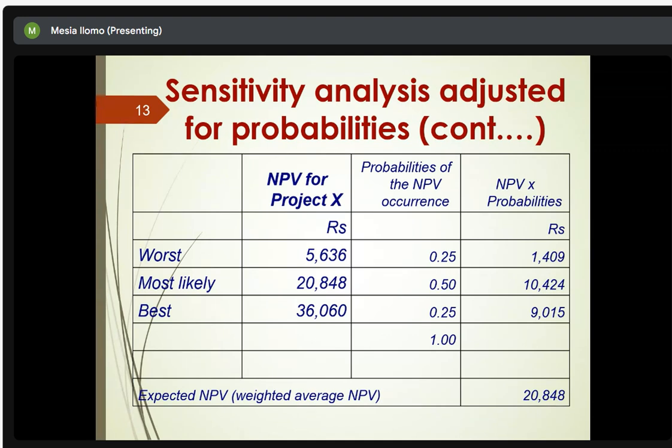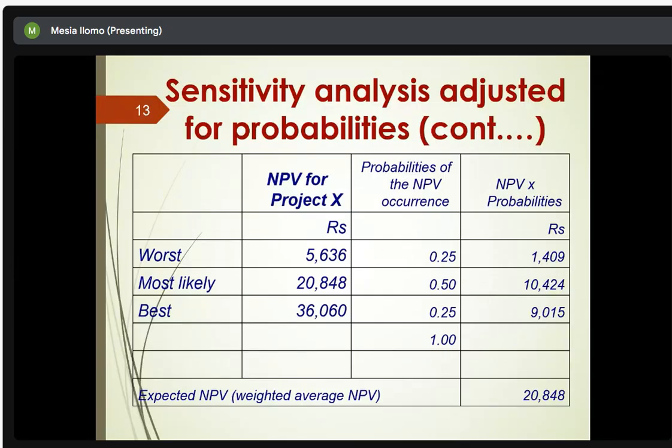Now once you have the probabilities and you have the NPVs, you can compute the expected NPV by multiplying. You take the worst NPV, multiply by the probability, you get the value for most likely, best case, and then you aggregate them, and I hope you're going to get the expected NPV there. Should you try in a minute? Just cross check. Maybe you multiply the NPV for the worst case times the corresponding probability, and see if you get the value of